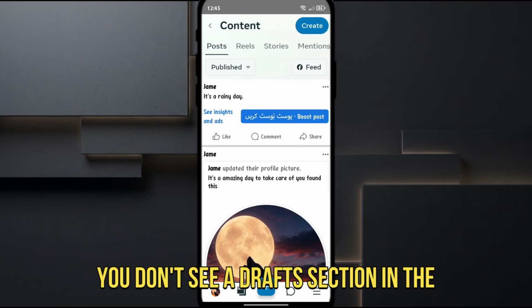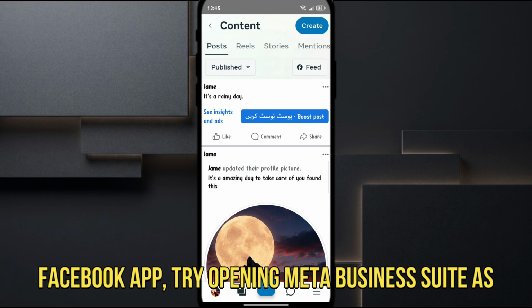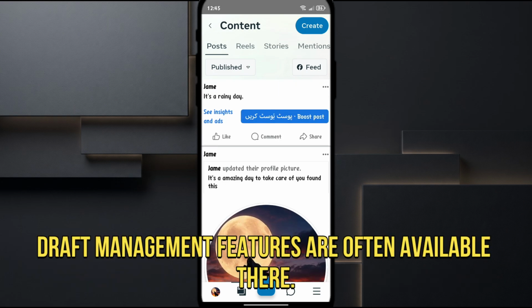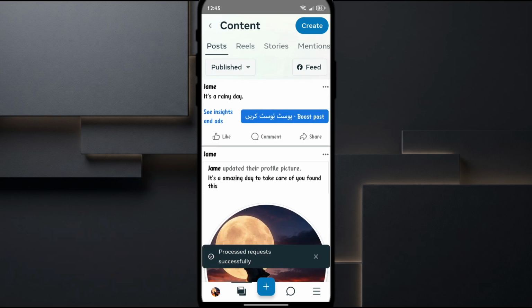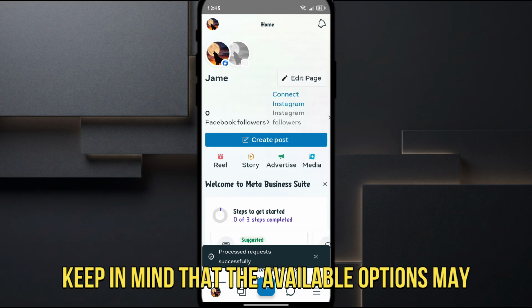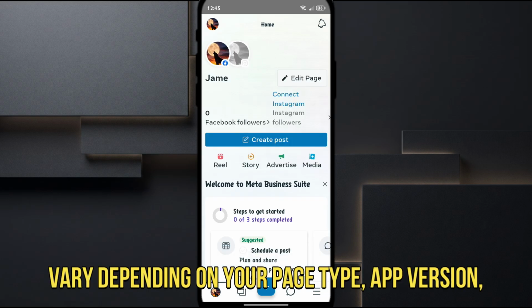If you don't see a draft section in the Facebook app, try opening Meta Business Suite, as draft management features are often available there. Keep in mind that the available options may vary depending on your page type, app version,